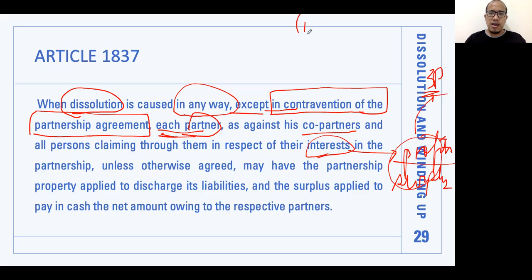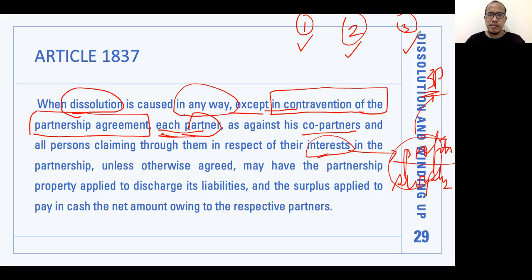To recall, meron tayong tatlong rights, property rights of a partner. Yung una ay right number 1, rights in specific partnership property. Number 2 ay interest in the partnership which pertains to rights to share in the profits and in the surplus. And right number 3, yung grupo na yan ay right to participate in the management affairs, in managing the partnership